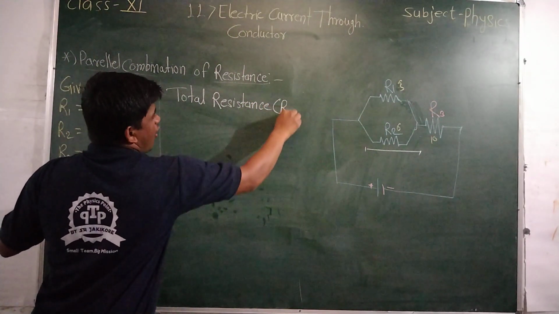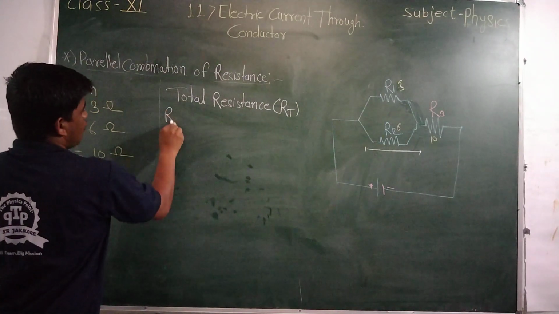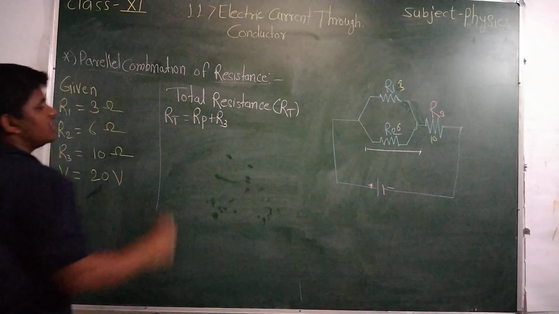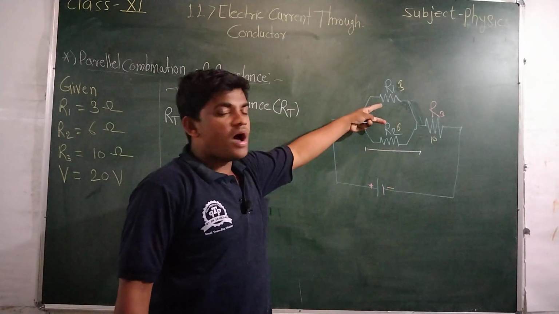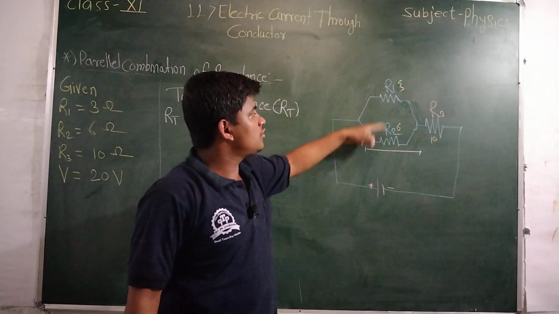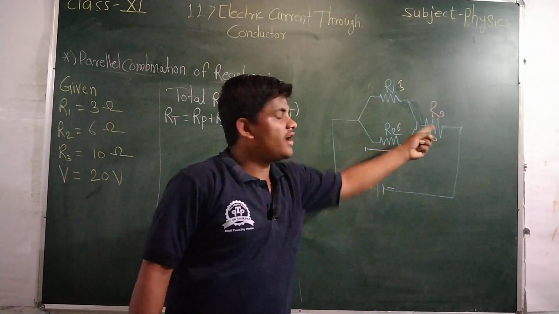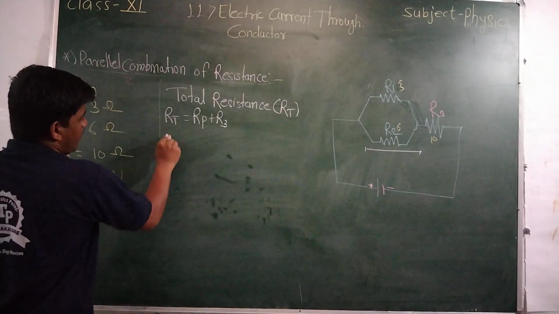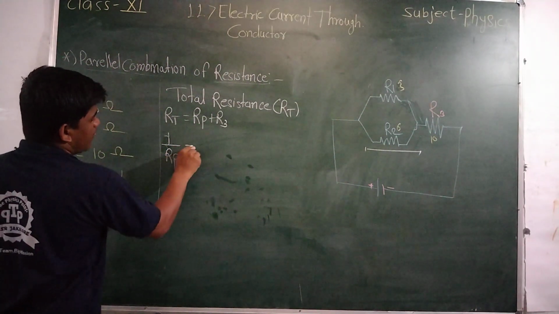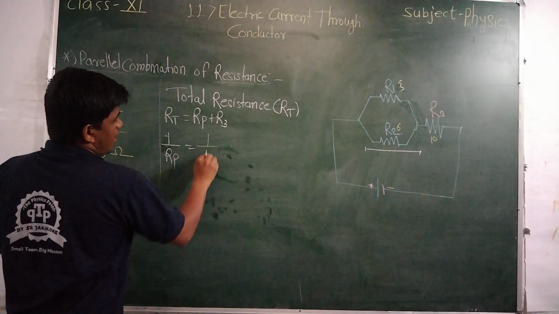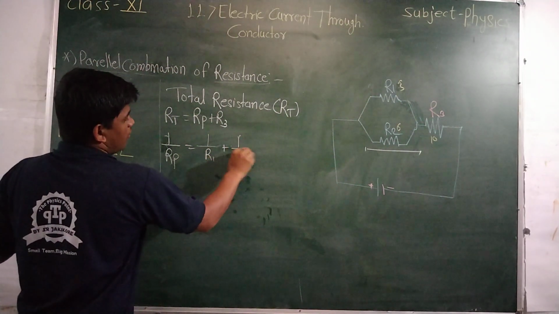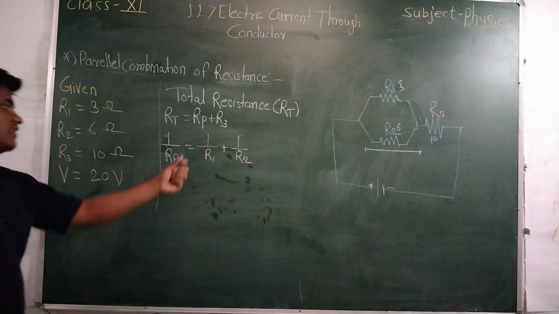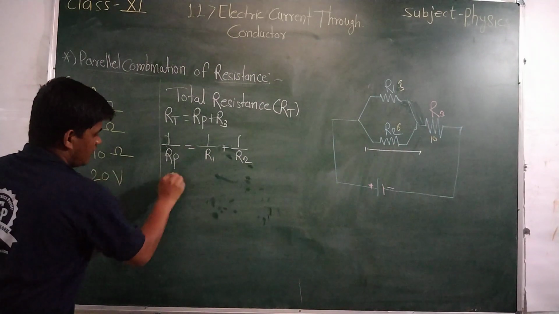That is, total resistance RT is equal to RP plus R3. RP is the equivalent resistance of the parallel connection and the remaining one is R3. Then 1 upon RP is equal to 1 upon R1 plus 1 upon R2. Taking the reciprocal,